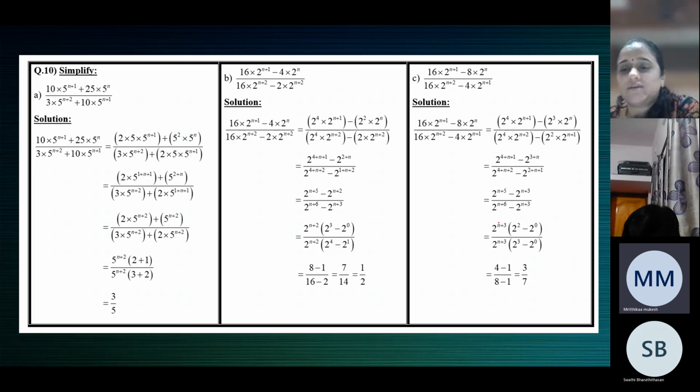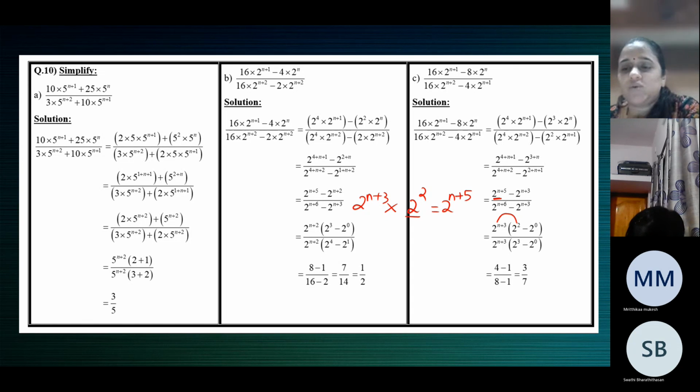Yes ma'am, 2 power n plus 3 into 2 power 2 is in multiplication symbol and the bases are same, we should add the powers, ma'am, so we'll get 2 power n plus 5, ma'am. That's the first term here. So when you multiply these two, you will get this one. Yes ma'am. Correct. And the next is